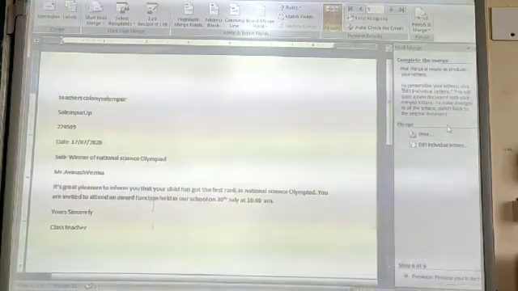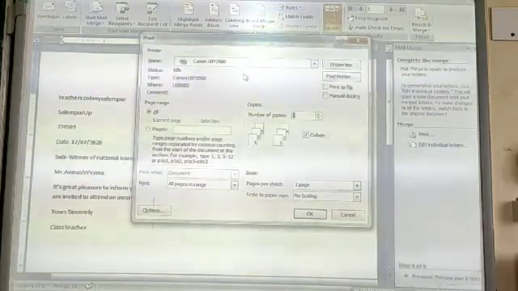If you want to print the letters, you can directly print them also. Like suppose here, okay, and it will directly go to the printer and send you the printout of all the letters.